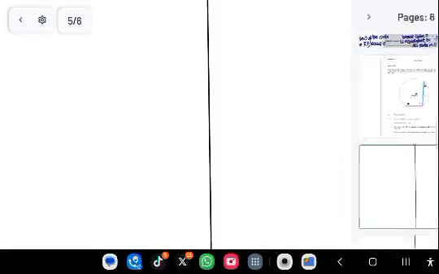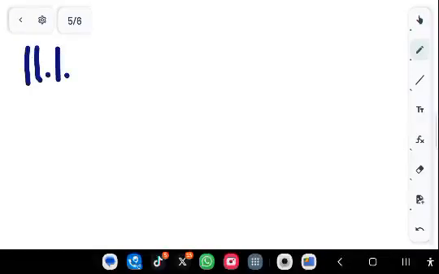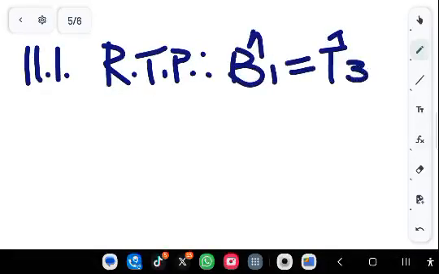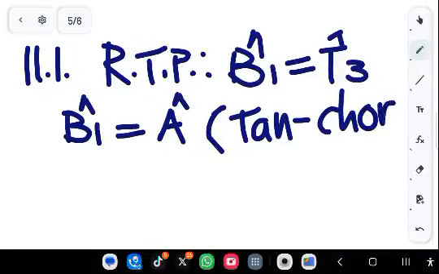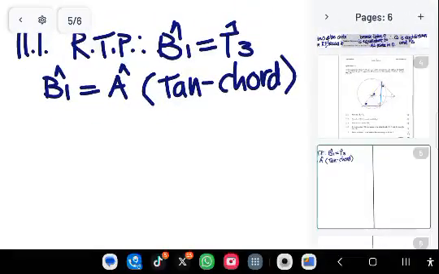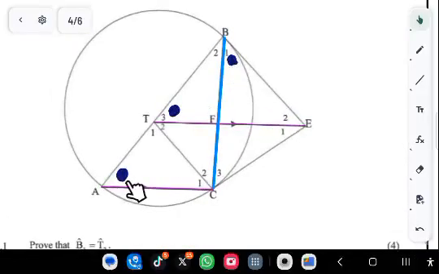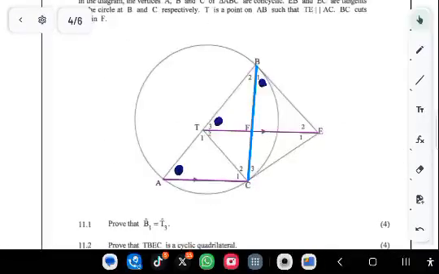Okay, we are required to prove that B1 equals T3. 11.1. Required to prove angle B1 equals angle T3. So far we've got angle B1 equals angle A. Reason: tan-chord theorem. You can just write tangent chord to save time. Next, B1 is equal to A, but notice that AC is parallel to TE, and they therefore form